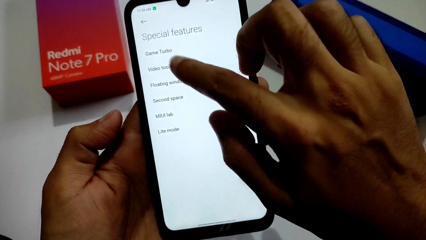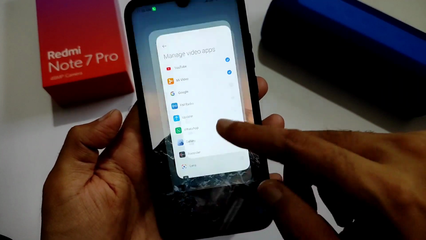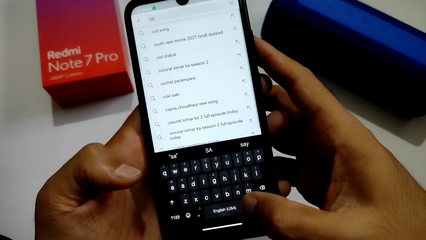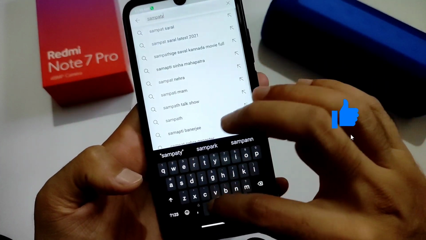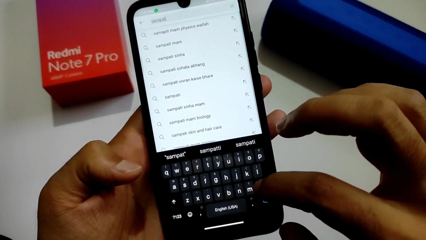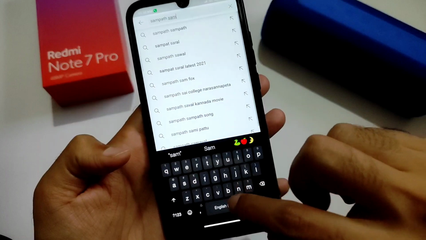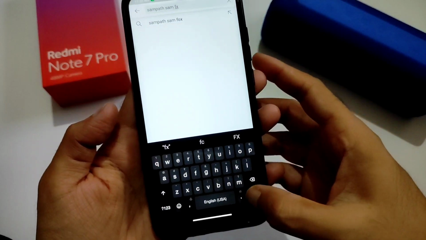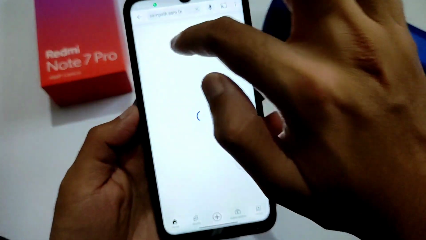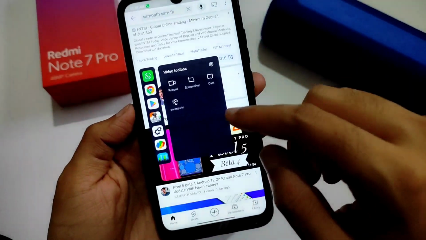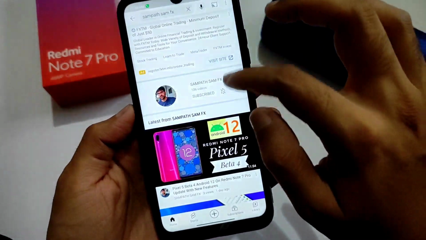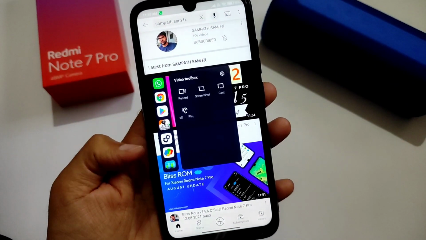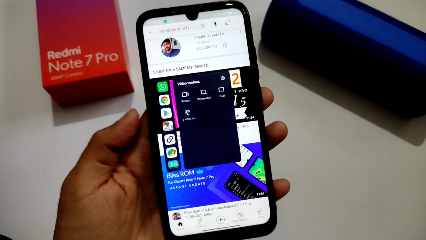And coming to Video Toolbox, you can use it here, but you won't get any. Let me show you once again. I'll choose my own channel, and this is the keyboard you get. For some reason you are not going to get that haptic feedback in keyboard. Let me show you. This Video Toolbox you will get from here. As you can see, you only get sound with screen record off, and in these settings you can choose the apps here. It's like the new MIUI 12.5 enhanced edition toolbox style.